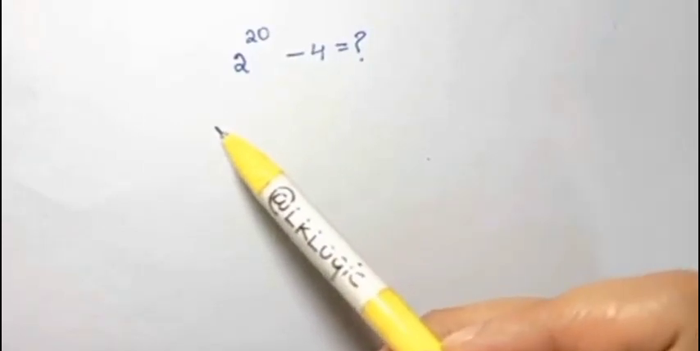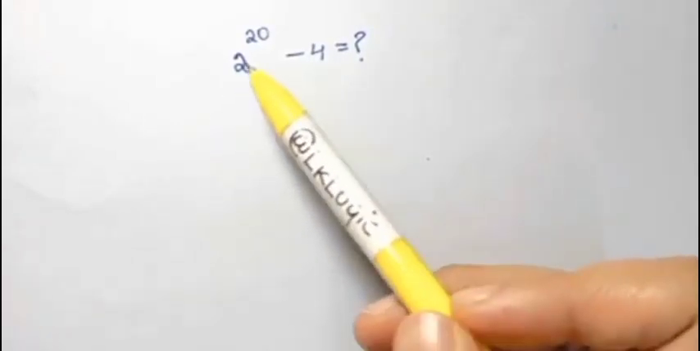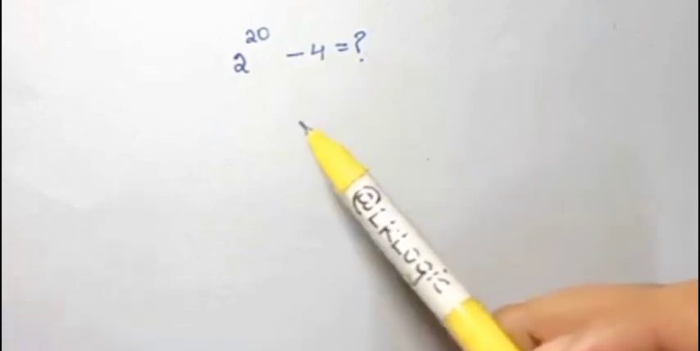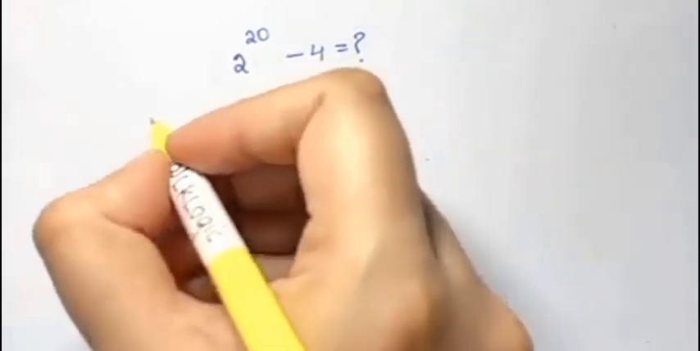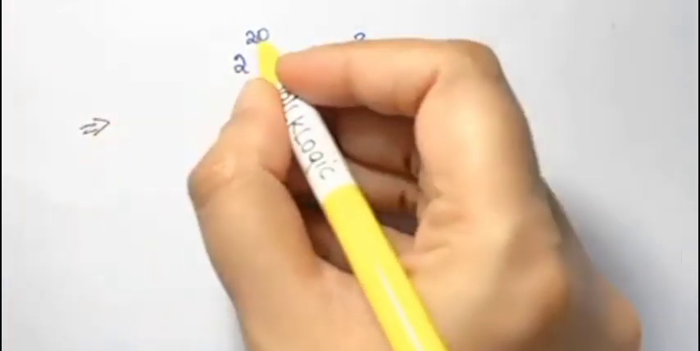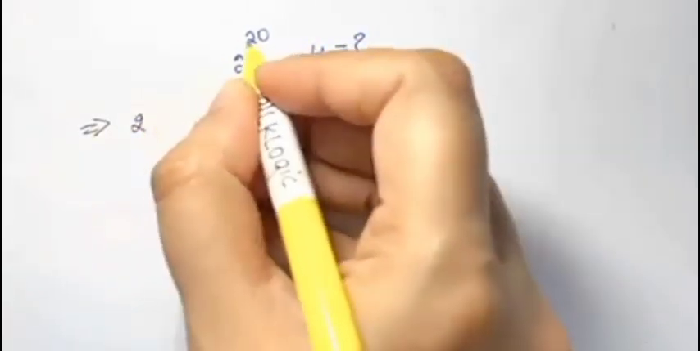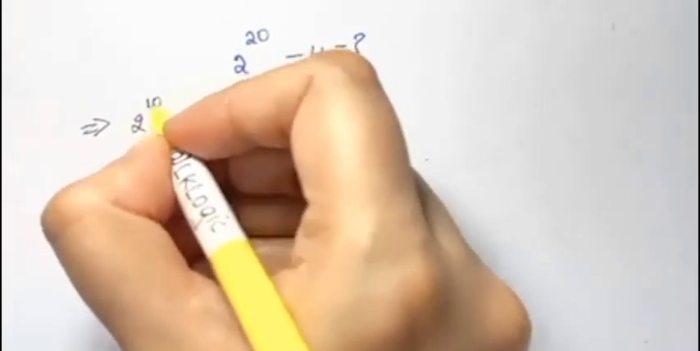Math Olympiad question, a very nice one. Here it says 2 to the power of 20 minus 4 equals what? So first what we're going to do is, let's write down 2 to the power of 20 as 2 to the power of 10 times